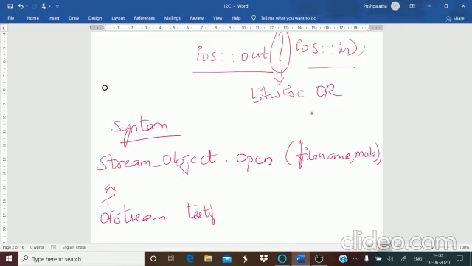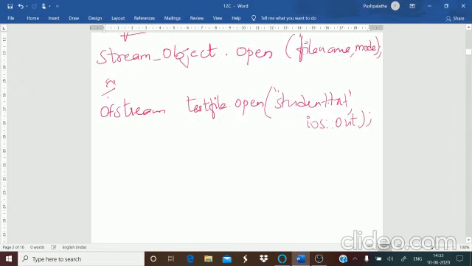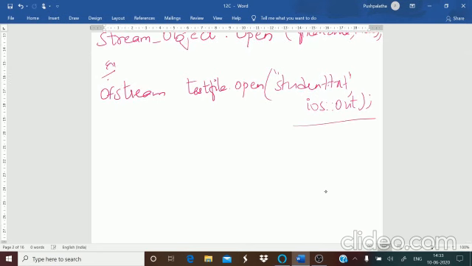The name is testfile.open, and I have a file by the name of student. It is a text file. I am opening it for writing purpose. As we said earlier, if you want to perform more than one operation here, you can use OR and give the other operation that you want to open it for.